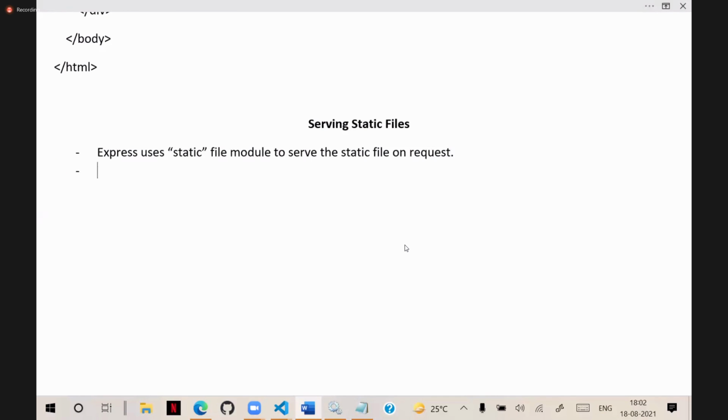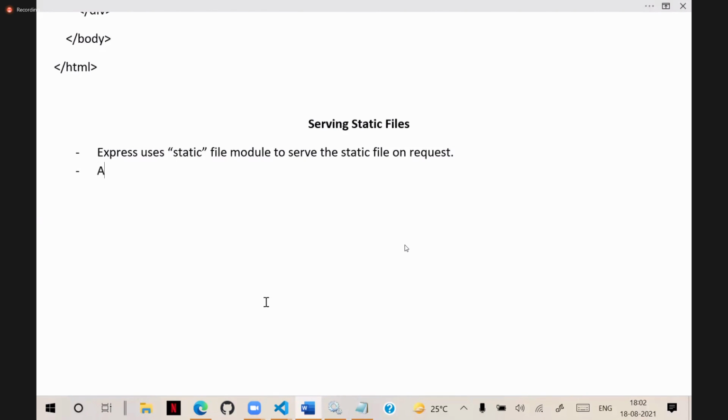Now the point is how the static files are served, how you configure and define them. To configure and define the static files, you need to use a method called use static.